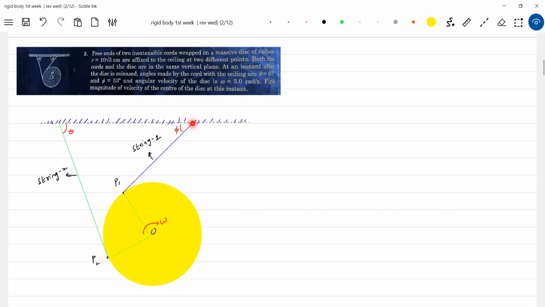Any reason? Because it is connected here. So P1 dash, I'll call it, or any other symbol, along the string should be 0. Any other direction, let it be, but along the string it must be 0. Why should it be 0? The velocity of point P1, if it is L,